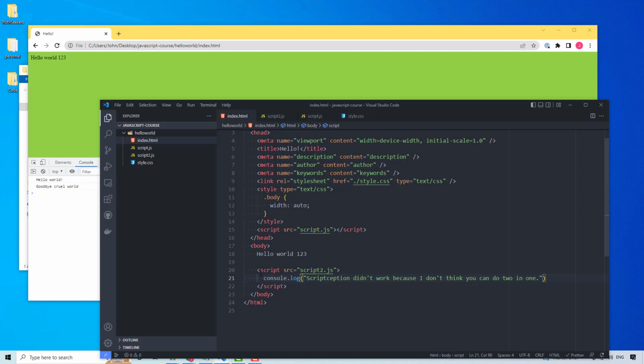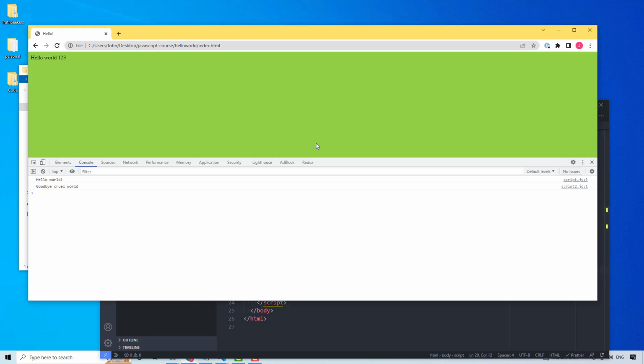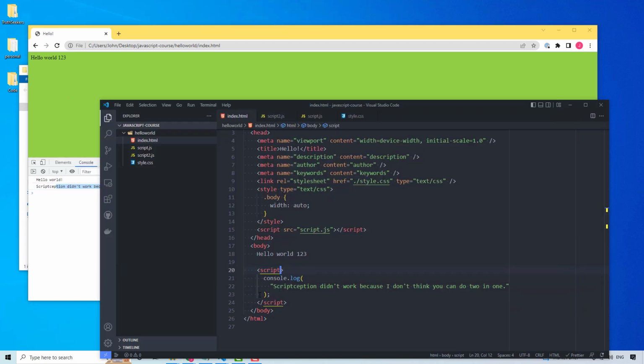But the interesting thing is if you get rid of this script2.js, we'll save, refresh, and it does work. So you can actually just have inline JavaScript in your index.html file as well. So that's kind of neat. And so I'm going to go ahead and put this back,